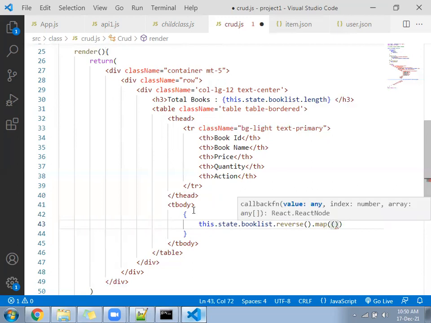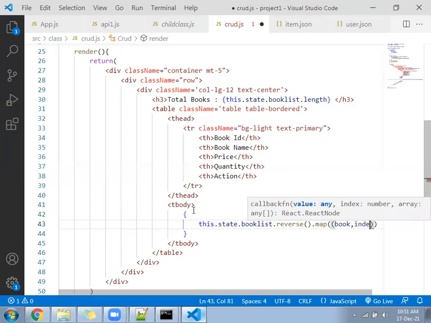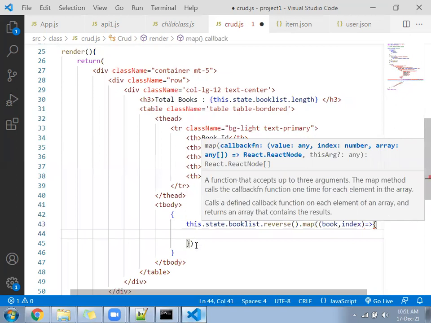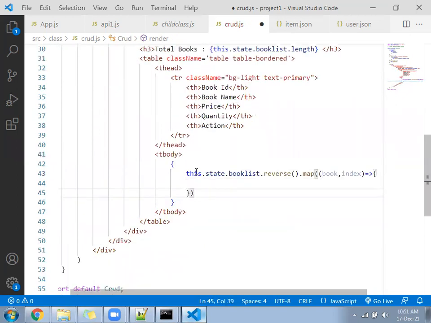Inside that, you write here called book and comma index. This dot state dot book list dot reverse dot map, book and then index.